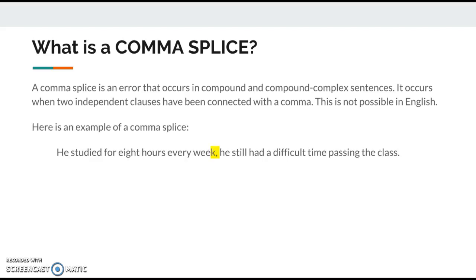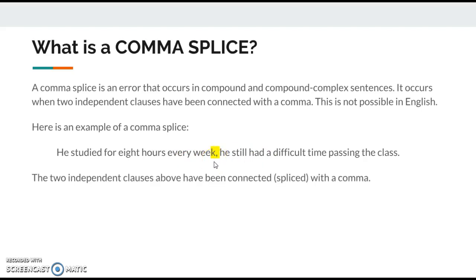So here's an example of a comma splice. He studied for 8 hours every week, he still had a difficult time passing the class. So here we have two separate independent clauses, but we've connected them with just a comma. And that's an error. So we need to correct this